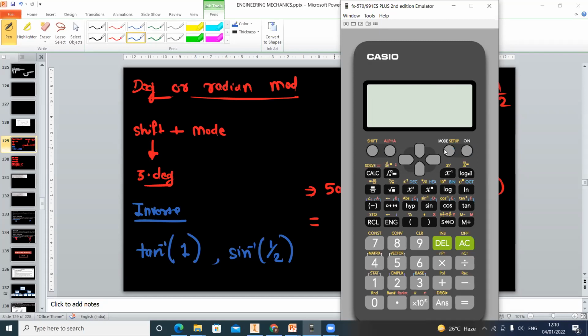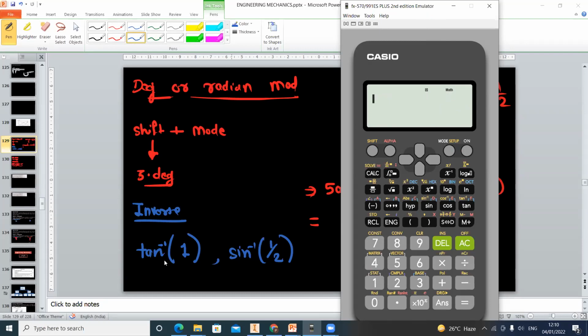In the mode option, if you press shift and mode, then two options are available: one is Math IO and the other is Line IO. By default you have to select the Math IO, so select one. Again, for results format, select one. So you can see here degree and math.